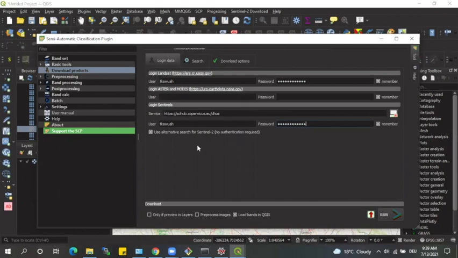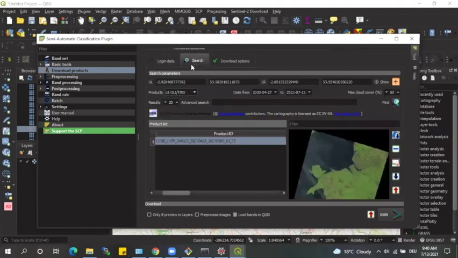And what you need is to actually have accounts for any of these portals for which you need data. And so, like I said in the previous video, it's very easy to set up an account. All you need is an email address. And once you've done that, you just punch in your username and password here, and you're ready to go. So once you do that, you can go to the search window, and here you can specify all the search criteria that you want. For example, setting the area for which you need the data.